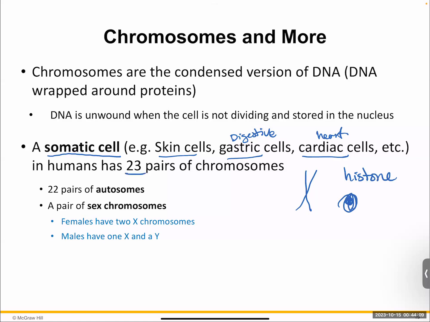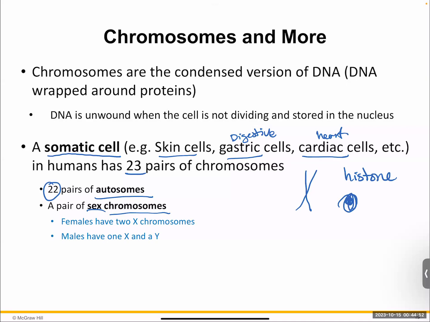We mentioned that there are 23 pairs of chromosomes. Again, 23 from your mom, 23 from your dad. Out of those 23, 22 of them are identified as autosomes, which basically means they characterize anything that is shared between male and female. So there are no sex-specific characteristics. They're all encoding for creating a human being, basically. And then the last of those 23 pairs is what we call the sex chromosomes.